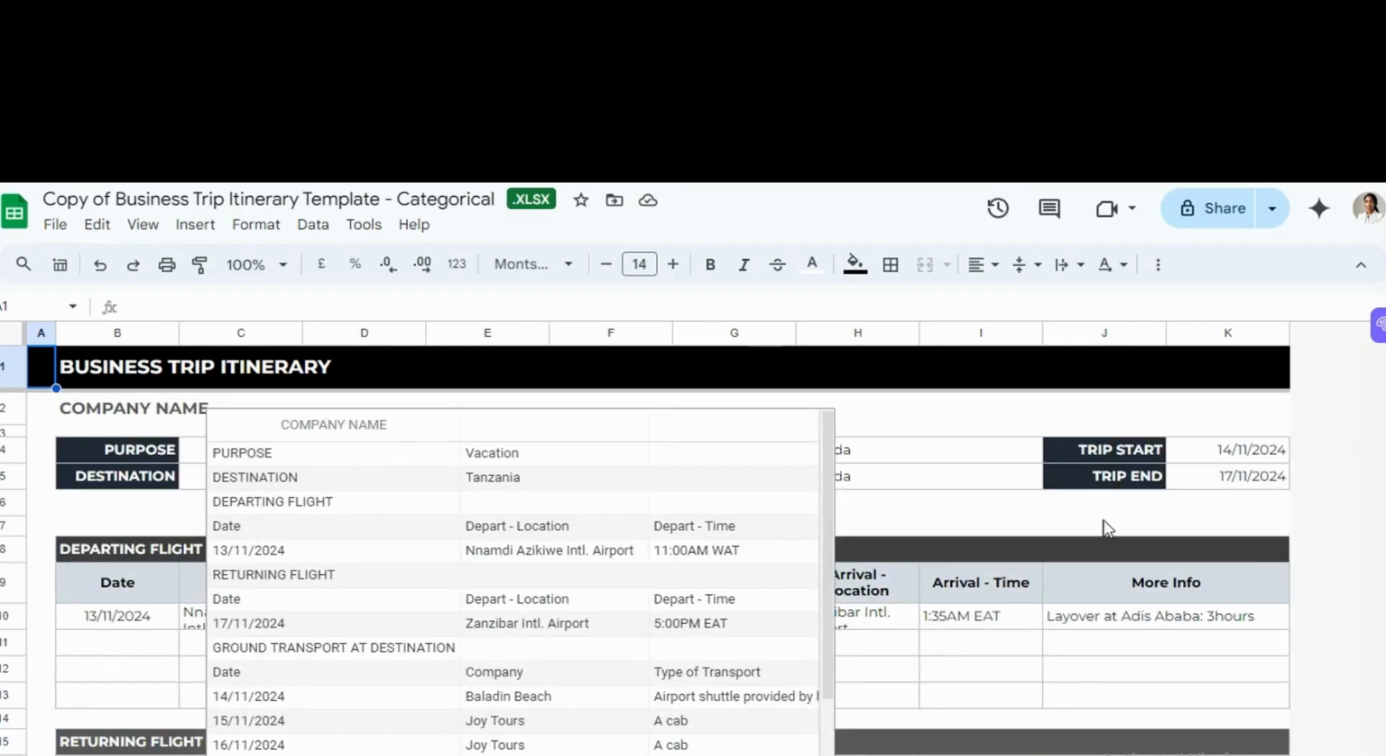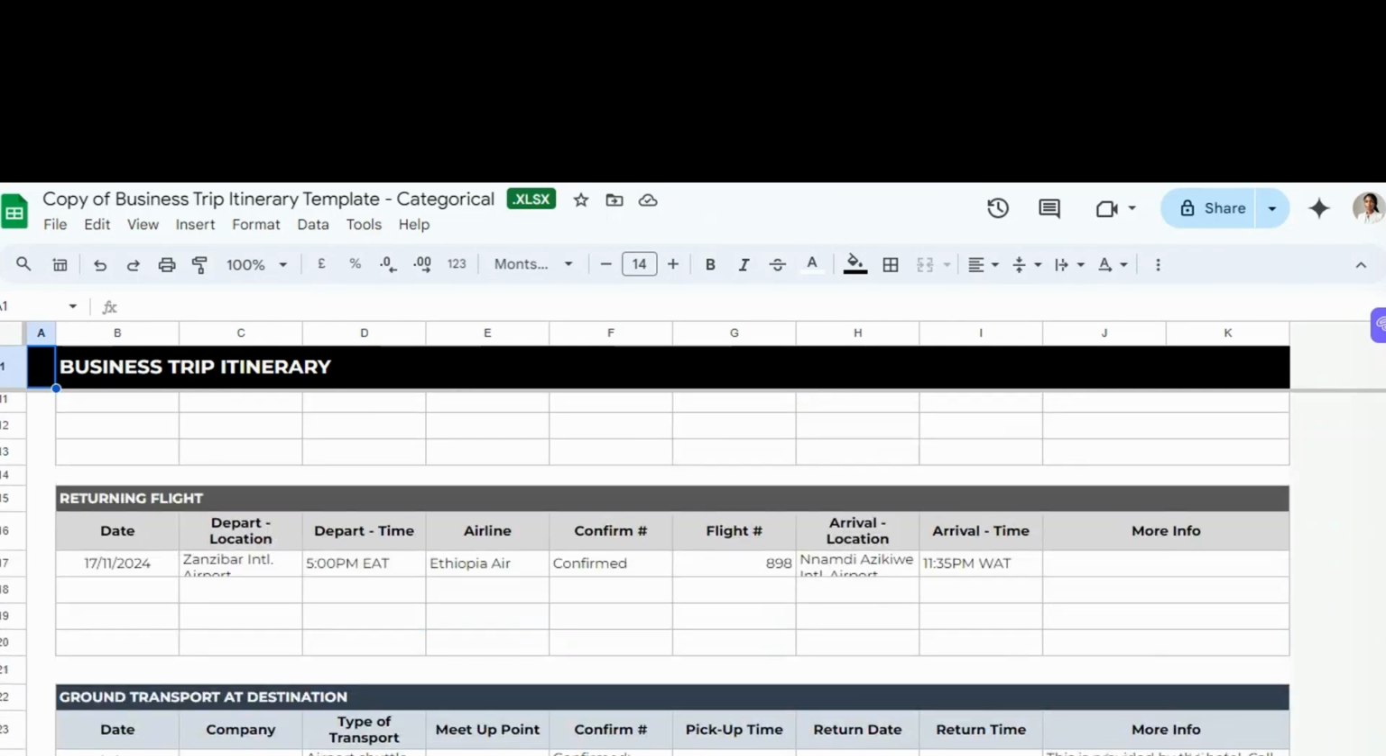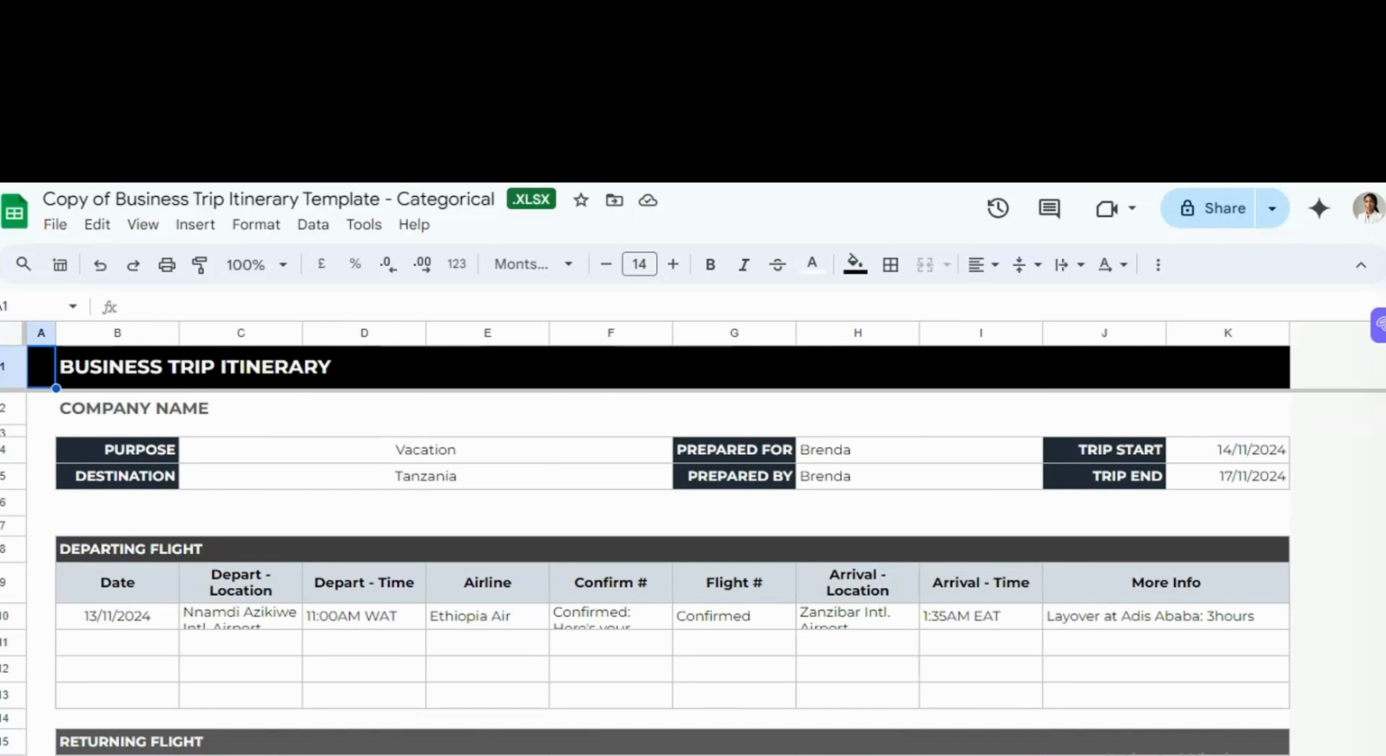Now here is our itinerary template, and we have the purpose and destination, and I've written my client's name and field and added information to the fields. Now we're going to go through this. You can see my trip start date, my stop, and because of my client's time zone,